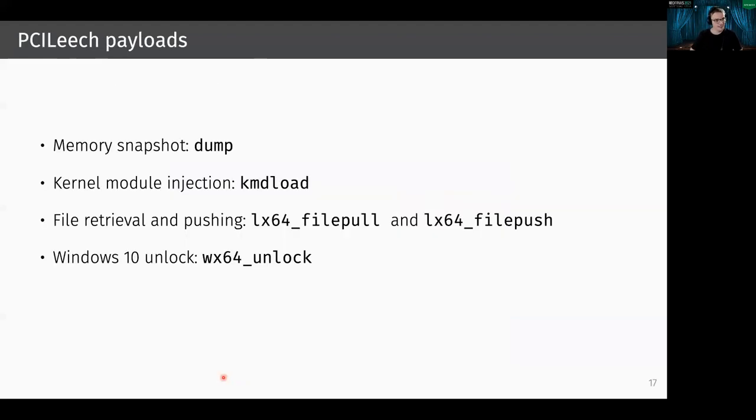So next, since we wanted to be compatible with PCILeech, we tested the following payloads. Of course, the most relevant payload for us was dump, so that a memory snapshot is taken. Then the next payload is